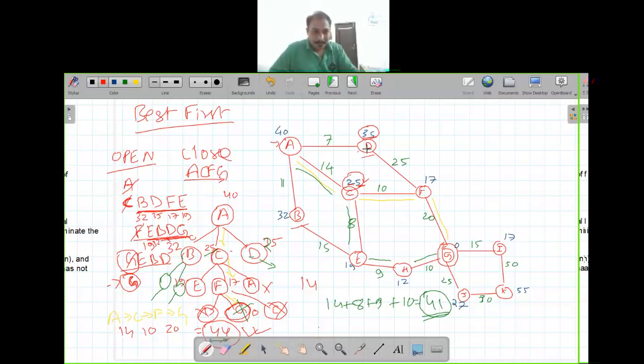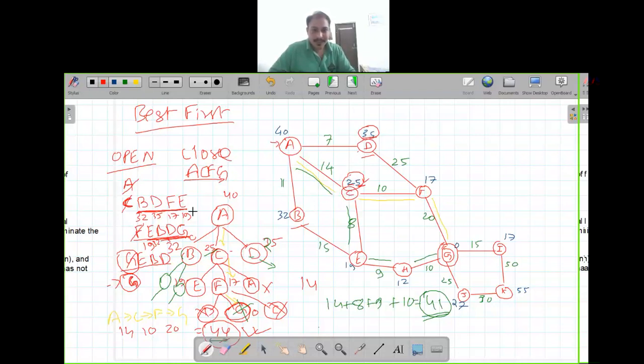If you remember, our algorithm starts by entering the initial node, then removes the initial node from the open list and adds the successors of that node. B, C, D are the three successors, and we enter these three successors in ascending order of their heuristic value.